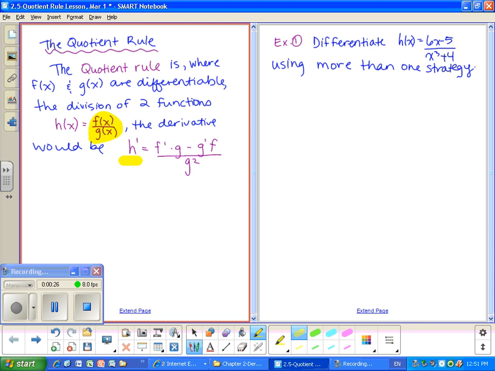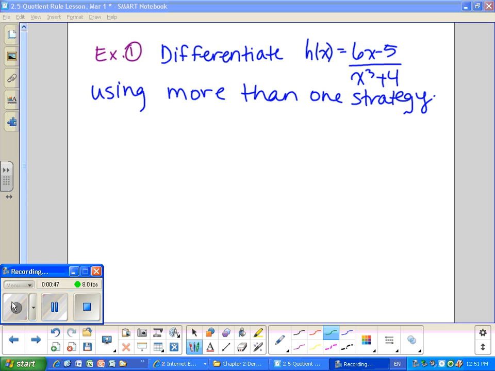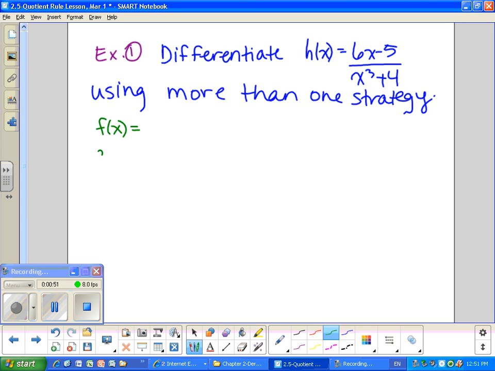You take the derivative of the top, multiply it by the g on the bottom, minus the derivative of the bottom times the top. Then you divide that whole thing by g squared. So you go through the same process. Identify what's your f, what's your g, find your f prime, find your g prime, and substitute into this equation. Alright, so if we're going to try this one, let's identify what is our f of x and our g